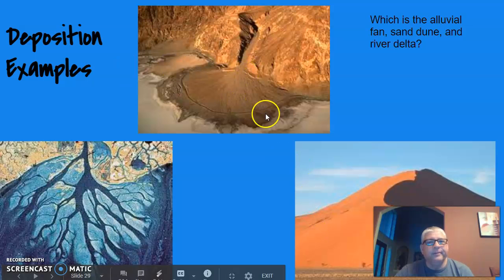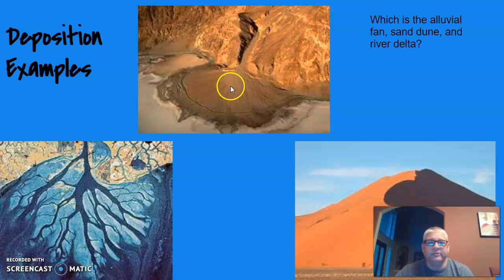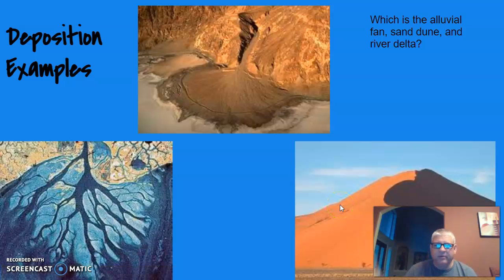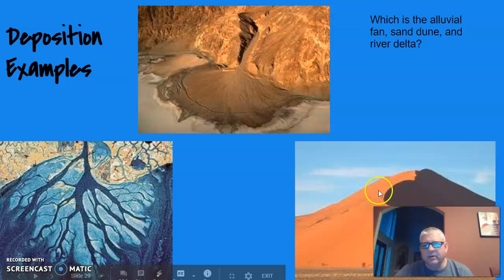All of these are. This is the alluvial fan, and you would think it would be more spectacular or whatever, but all it is just the sand or the broken rock going down the mountain. And then this one would be the sand dune right here. Sand dunes get blown around over and over again. So this sand dune here may not be here in a year. It may be farther over, and it may not be of the same sand dune. All the grains of sand may be from different sand dunes. So anyway,